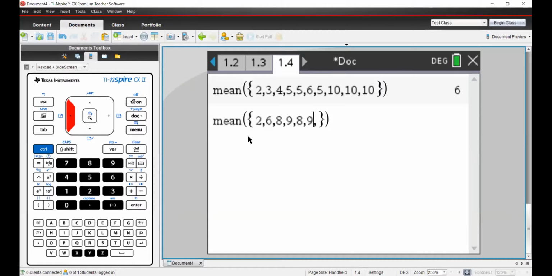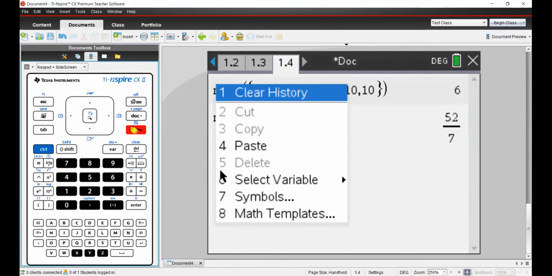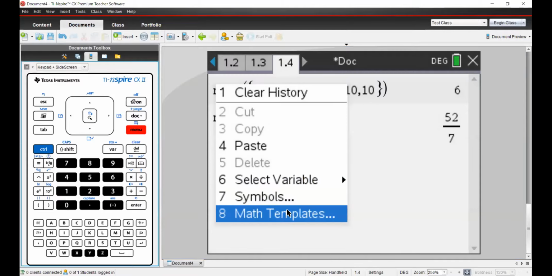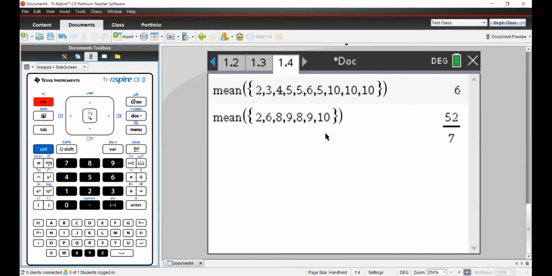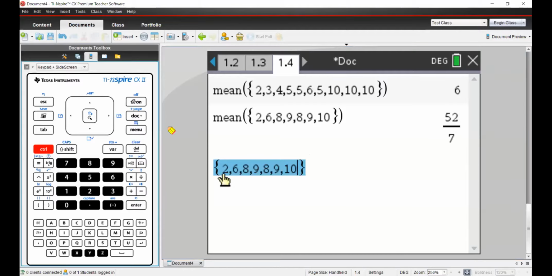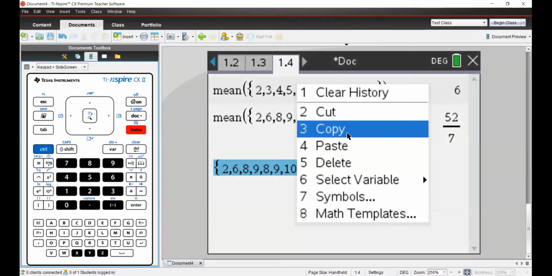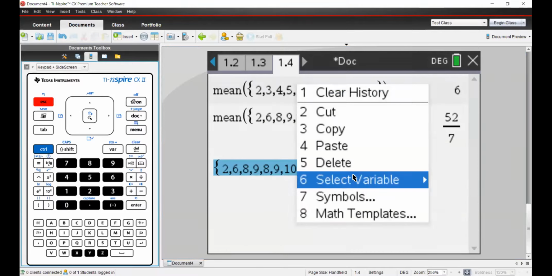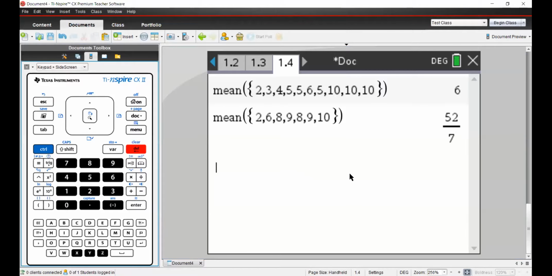Another way is to use control menu; here you first have to create the list, select this list and use control menu. No, you cannot repeat like that, but what you can do is go back, hit enter, copy, paste, and change the values. This is how you can do it.